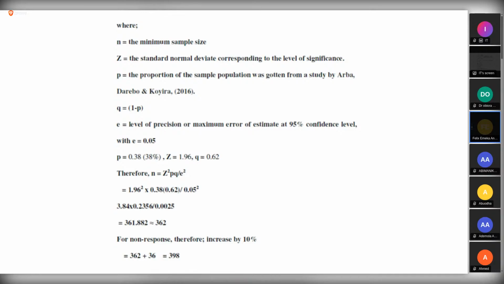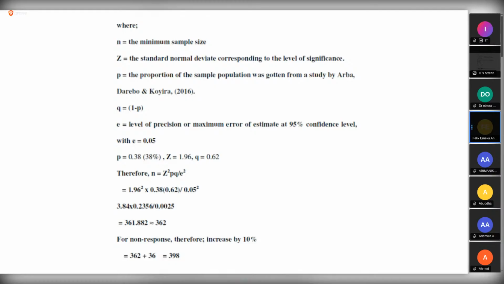As long as the sample size you come back with is lower than the minimum sample you calculated, it is not acceptable, because that sample you're coming back with is not 362, so your tolerable error is no longer 5%. It means your tolerable error has increased to like 8% or 10%, and that's not acceptable, because you have stated that you're calculating the minimum sample at a 95% confidence interval. So you're 95% confident that 362 is going to measure whatever effect you're checking, and it's going to give you an accurate result.